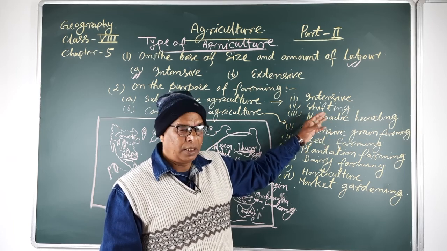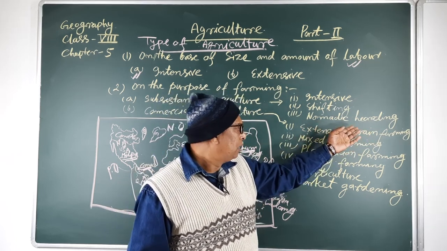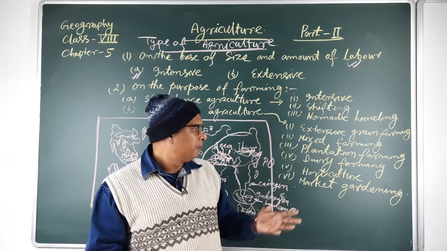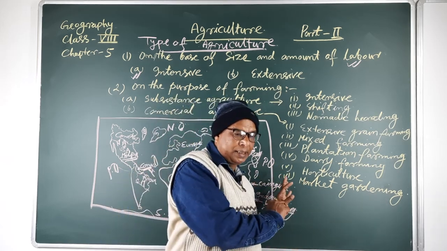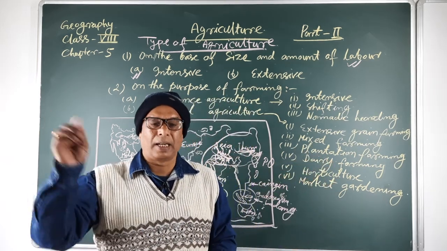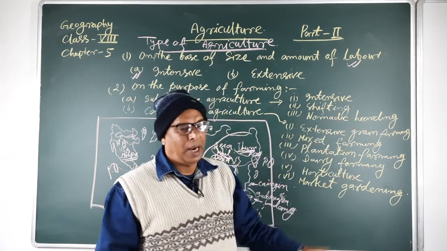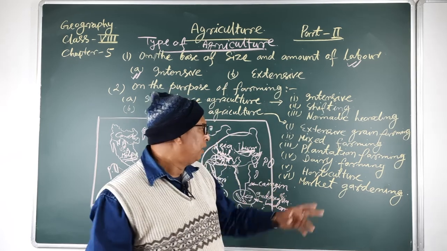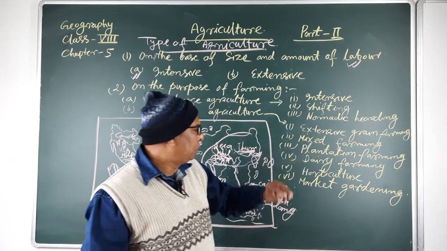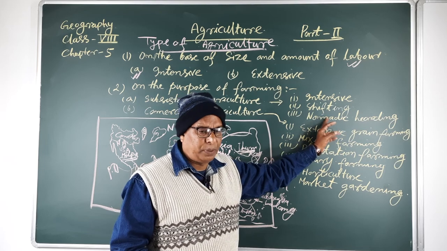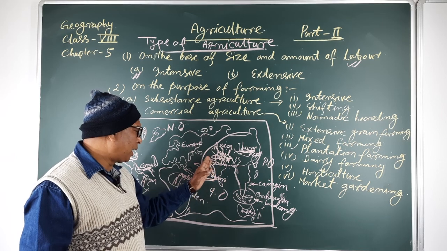So what type of herding does that area have? That means the people pick up their creatures, leave that area and migrate, and search for other land for pasture for the creatures or the herding. This type of practice, rearing herding farming, is also known as nomadic herding farming in the world. It is mainly found in the Arabian countries, western parts of Asian